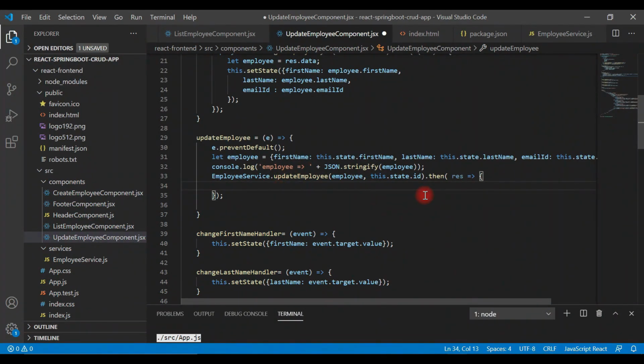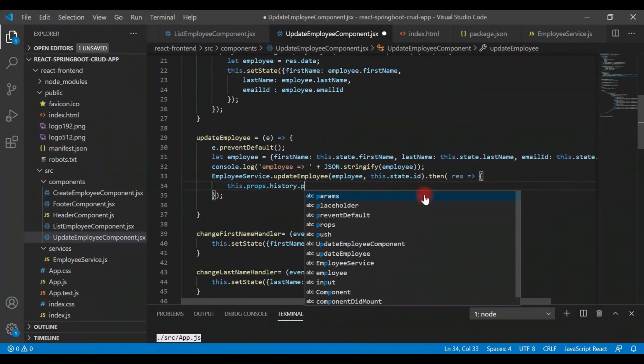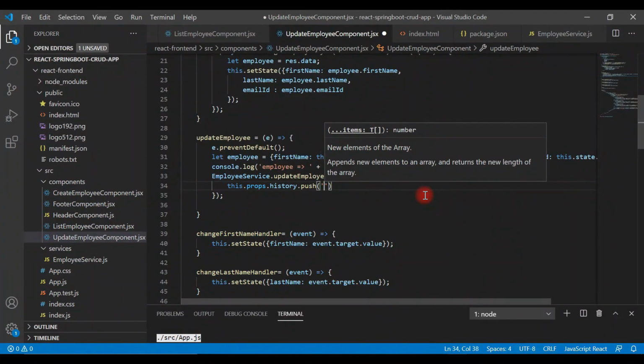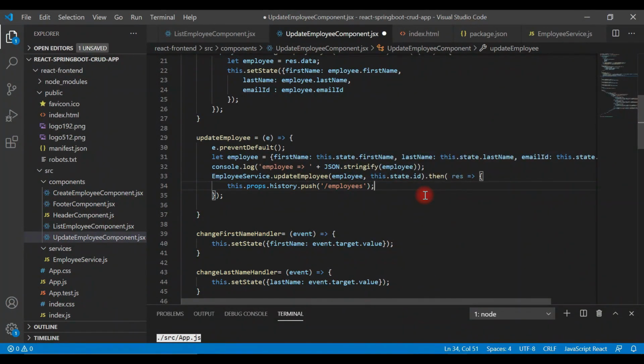For that, let's write the router here, this.props. So from the props we can get the history object and then call the push method, and here just pass the router path, that is /employees. It's pretty simple, right? I have already explained how the history object is associated with the router, which you can understand by visiting the previous videos.